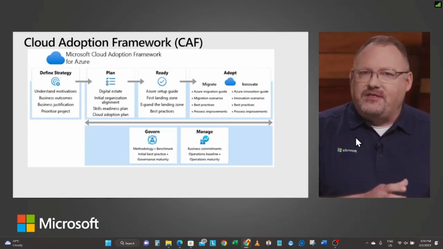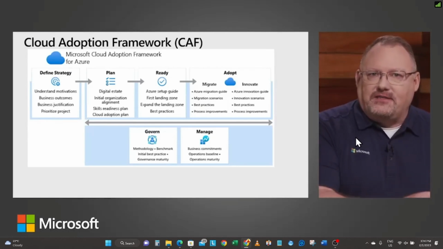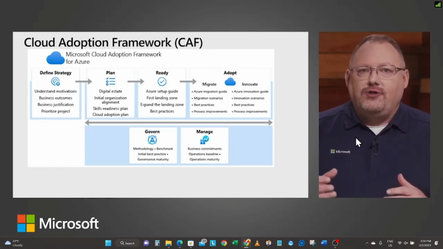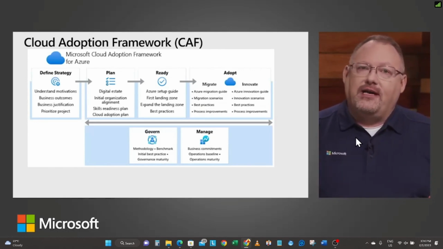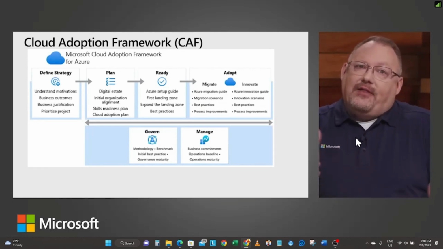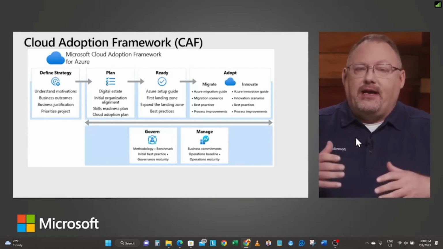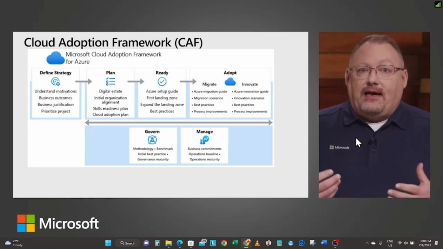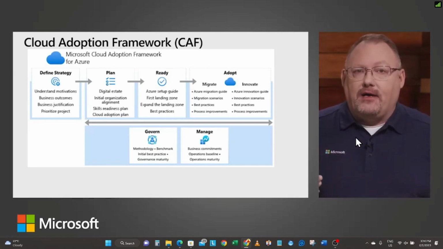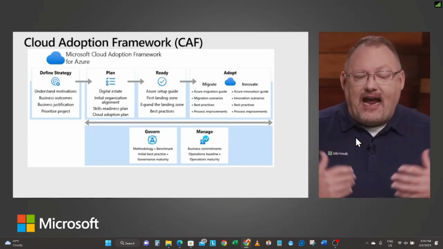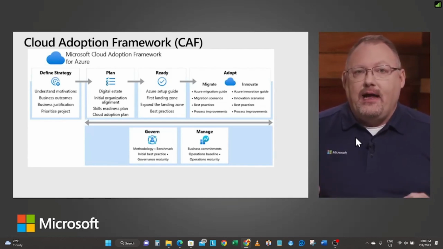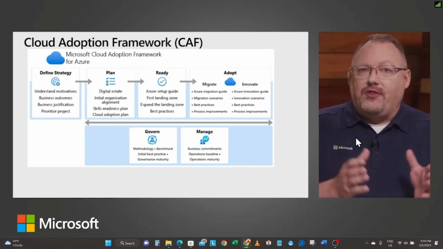Just because your business is all in, yeah, we've got to move this business application to the cloud. Do you have the people in your organization that can handle that migration, that understand Azure so that when you do move it, they can run it efficiently? Better yet, can they optimize it, make it run even better when they move it to the cloud? So you have to have that readiness as a part of that plan and a part of your adoption plan, because we're changing fundamentally where things are located.